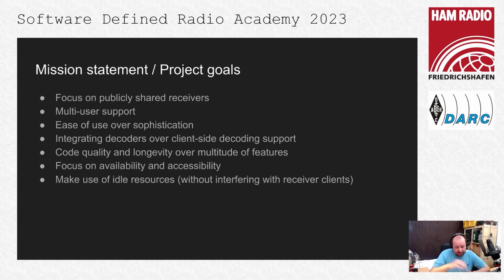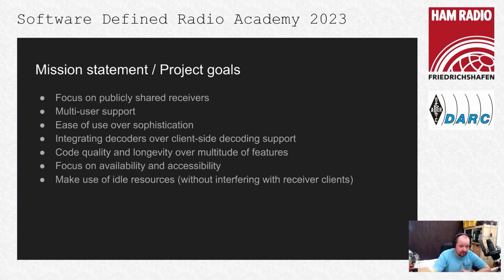You have your browser, you can go to a site, click, and experience what software-defined radio is and how it works. That's why it should be easy to use. I don't object to advanced features, but they have to be integrated in a way that doesn't interfere or distract users, and needs to have a good user experience.